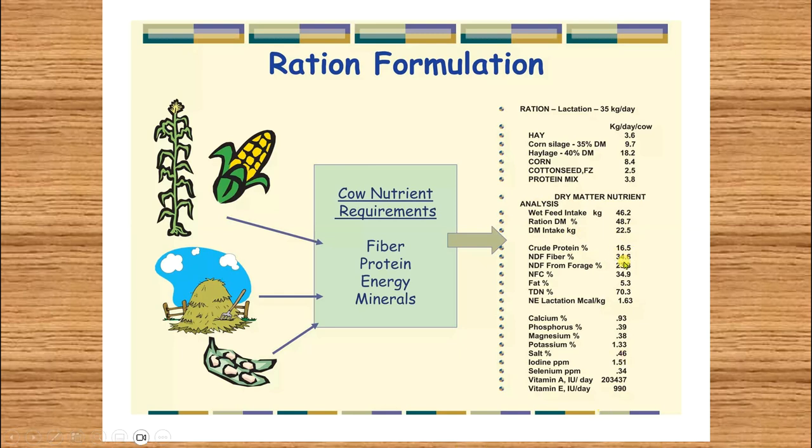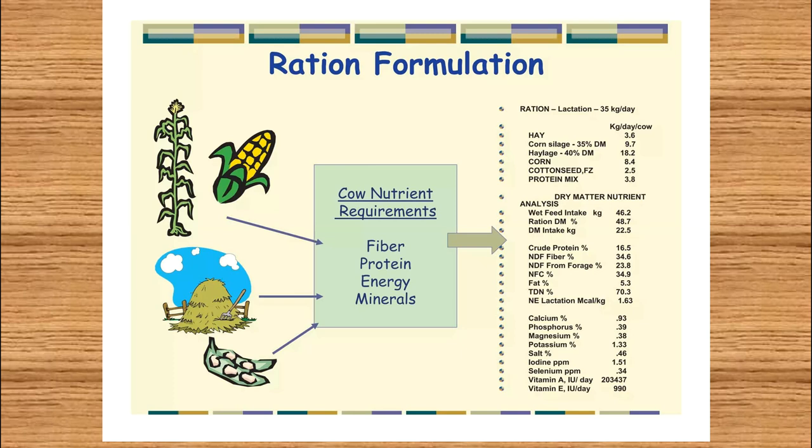Whereas the CP is 16.5, NDF fiber 34, then NDF from forage is 23.8, fat is 0.3 and total digestible nutrient is up to 70.3. Apart from this, for lactation, the net energy of lactation in Mcal per kg is 1.63. Then calcium 0.93, phosphorus 0.39, magnesium 0.38, potassium 1.33, salt